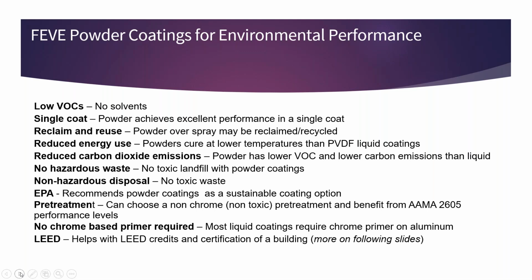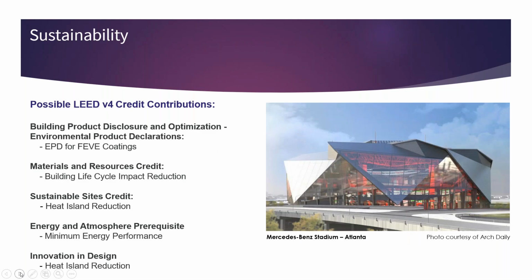So that's a benefit as well. And these can help with LEED credits, and we'll see a little more on that coming up. So on the LEED credit, the one that I think really stands out